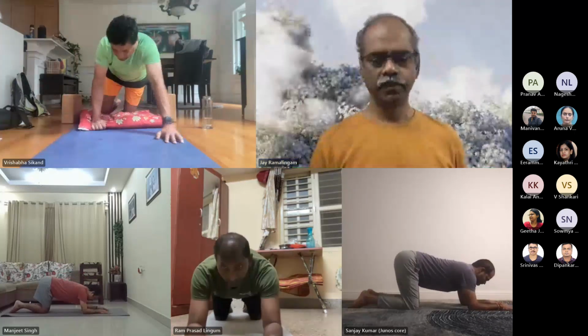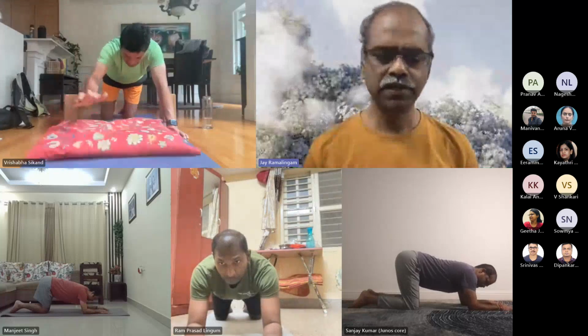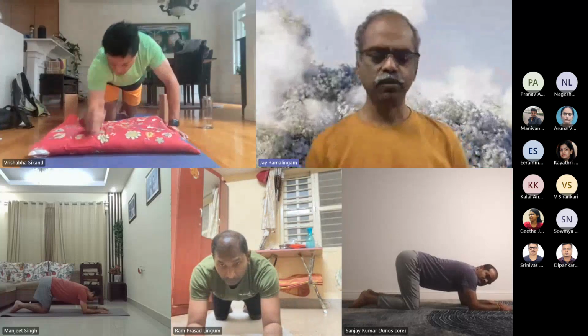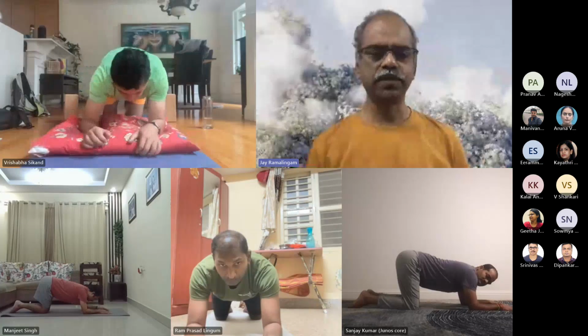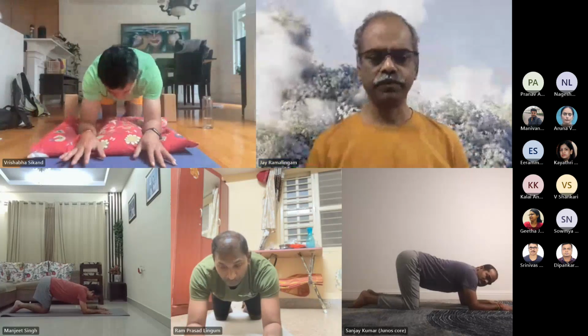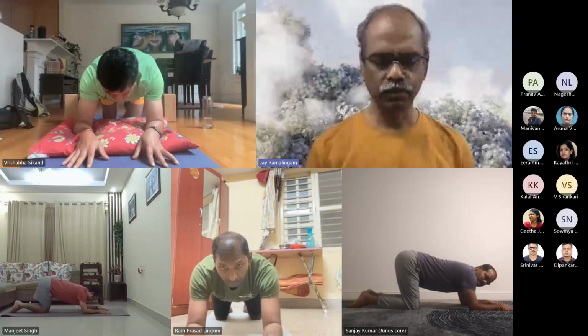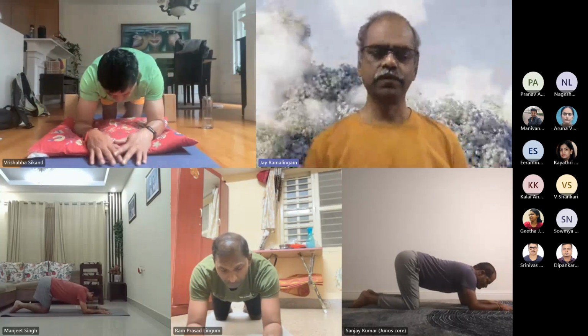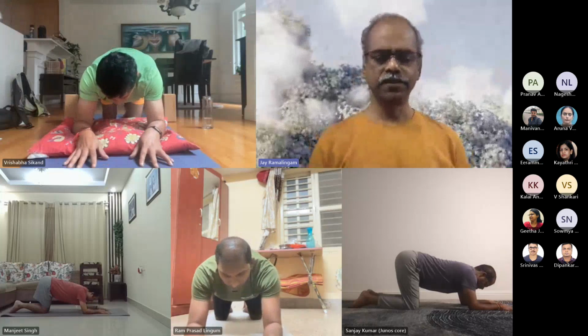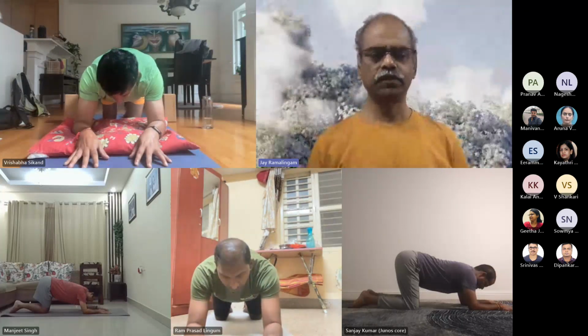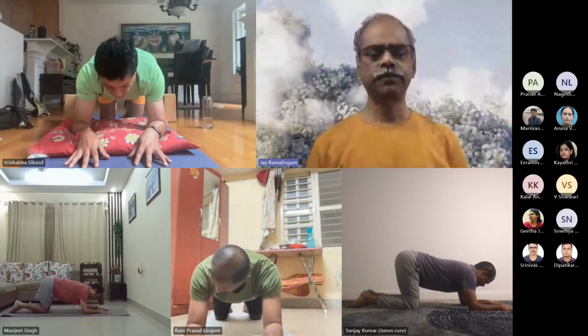And now, if you can, place the palms also down, palms facing down if you can. If you need to, you can bring your palms a little closer if that helps. And then consciously bring the shoulders right over the elbows. Shoulders right over the elbows.